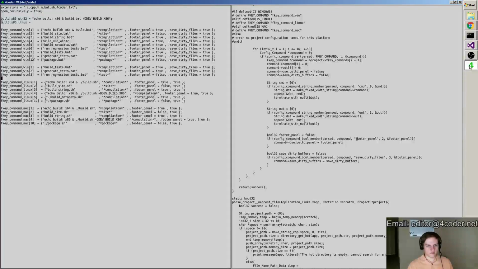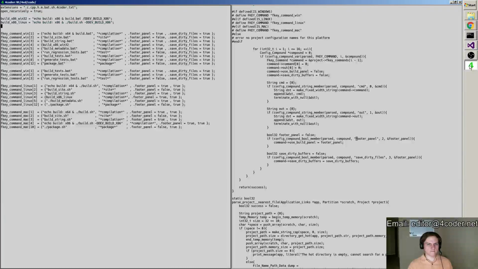Linux equals build x86 Linux. Build x86 Mac. It looks like it's literally going to be the same thing as the Linux one, but I'll keep them separate.